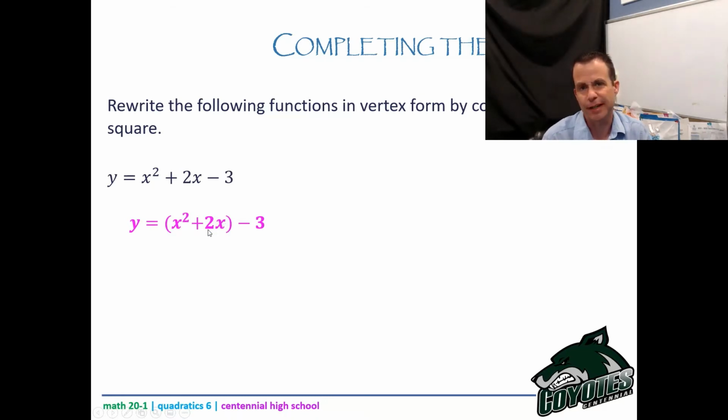It's not the middle term right now, but it will be the middle term, right? I want to take that middle term, half it and square it. So half of 2 is 1 and 1 squared is 1. So I know that if this said x squared plus 2x plus 1, I would have that perfect square trinomial that I'm looking for. I can't just add 1 though, so I have to add 1 and subtract 1